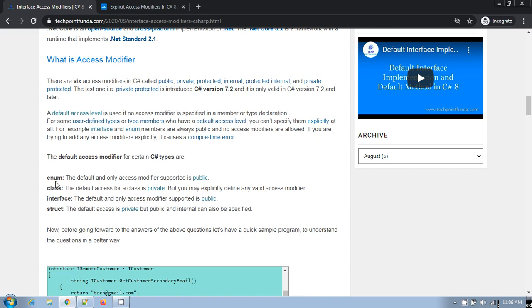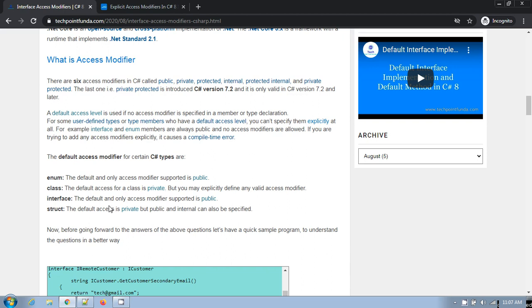For example, here if you see for enum, the default and the only access modifier supported is public. Every member of interface is public by default, and for example, classes are by default public, but if you try to add some explicit access modifier, then you can do private, public, protected, whatever you want.